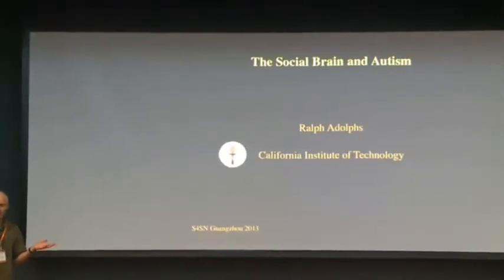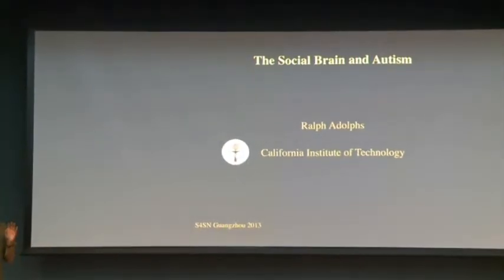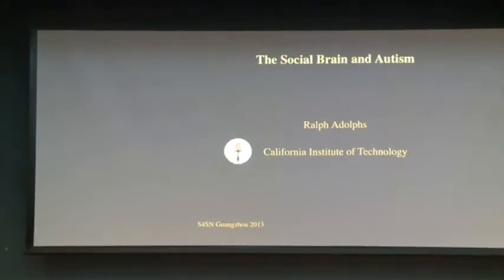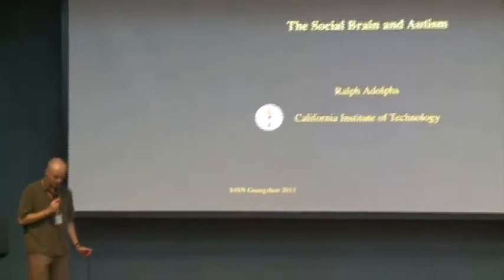And so the topic today, our lab is interested in social neuroscience very broadly. And we look at many different brain regions. We use many different techniques, and I'll tell you about some of those in the next hour. And we study a number of clinical populations, and one of those is autism. And you've already heard a little bit about it, and you'll hear more about it in the course of this